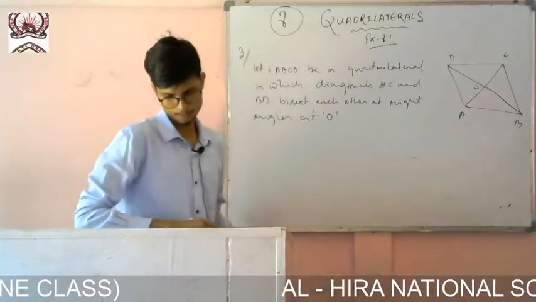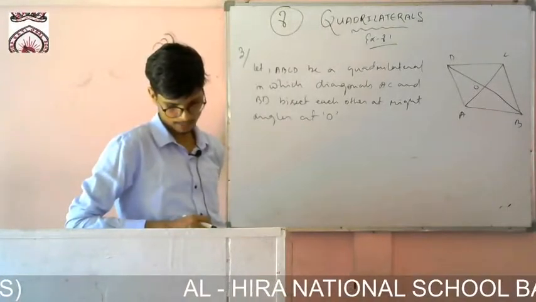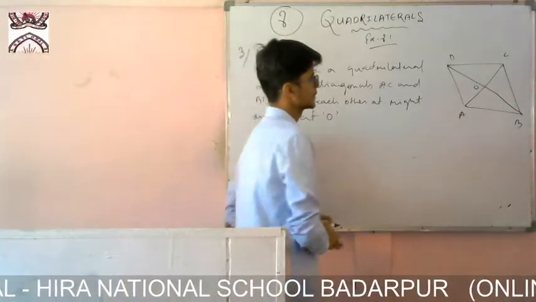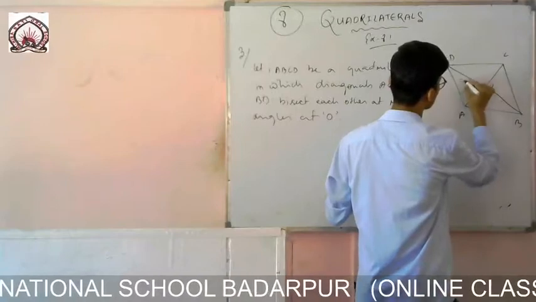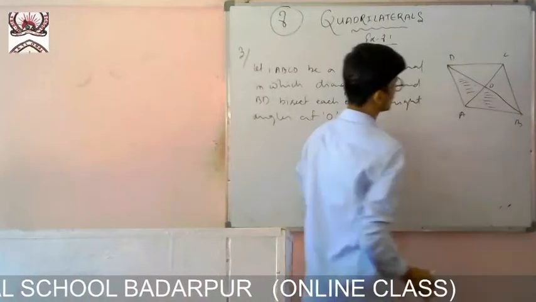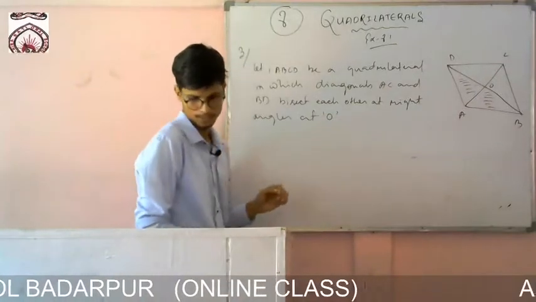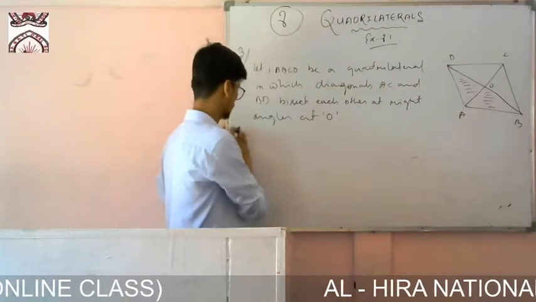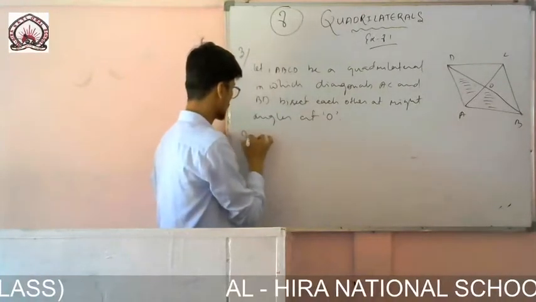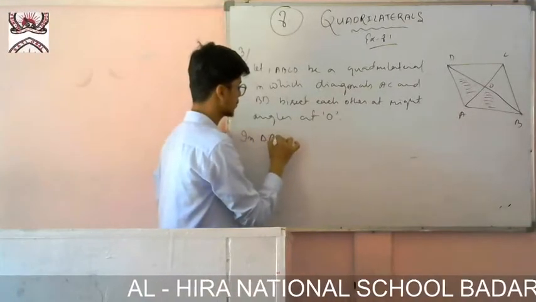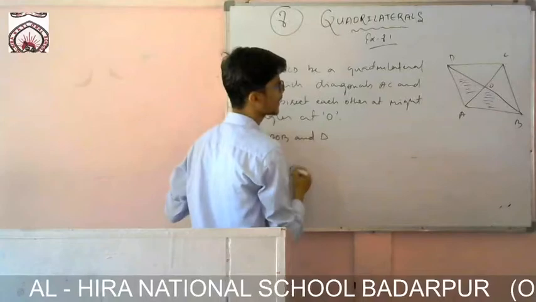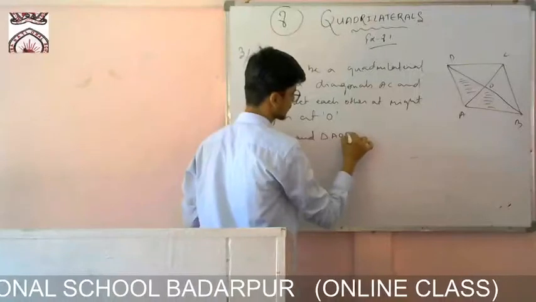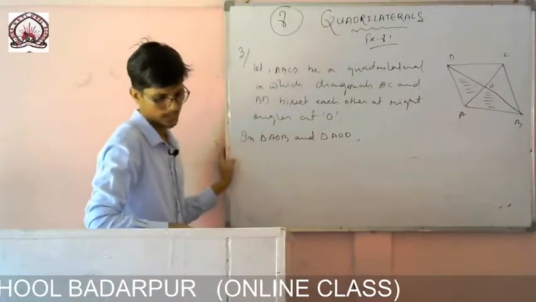So what I have to prove? I have to prove that it is a rhombus. So now what I will do? I will take this triangle and this one. So in triangle AOB and triangle AOD, I will try to show that these two are congruent. If these two are congruent, then we will proceed. You just see. In triangle AOB and triangle AOD, we have